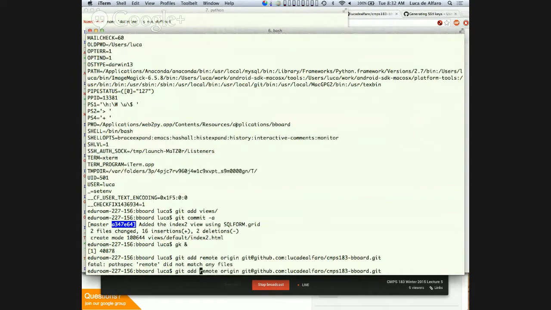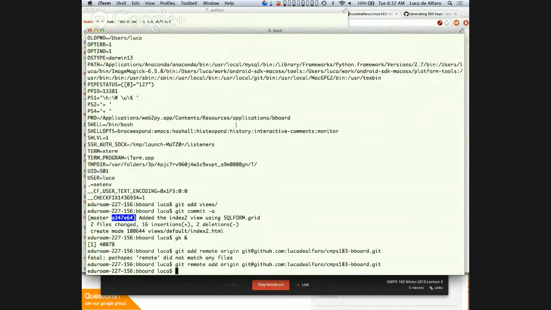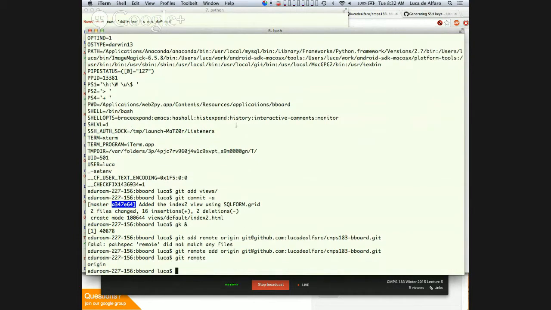Oh yeah. Git remote add. Yes. So now I've added it. Okay. And so git remote. I have a remote that is called origin.